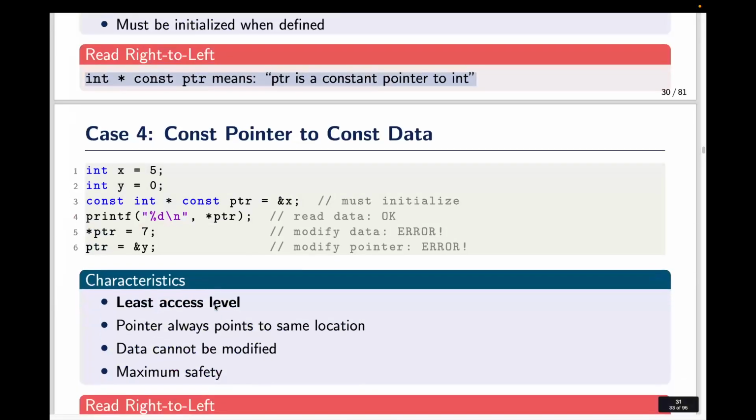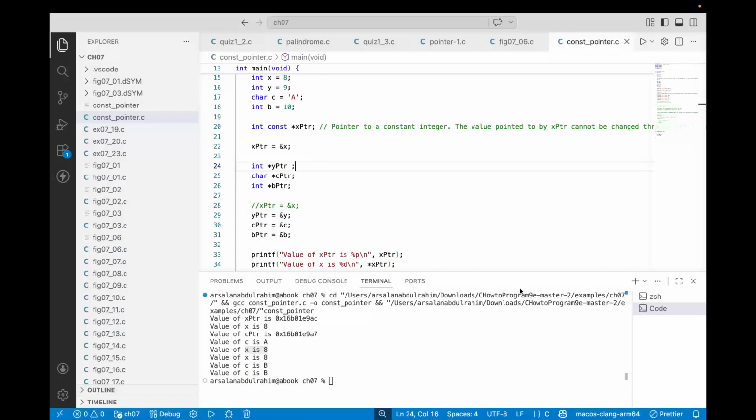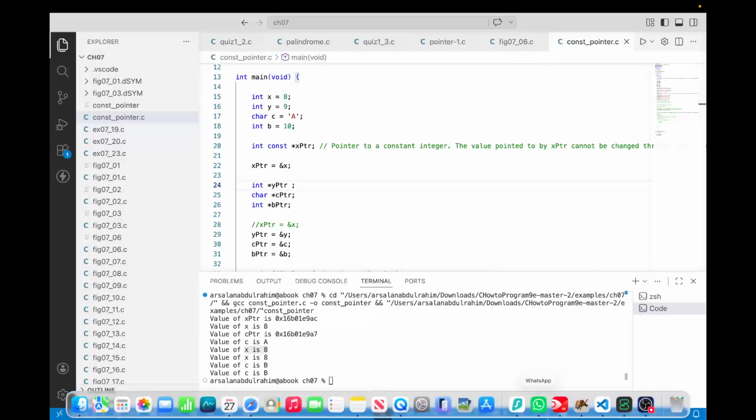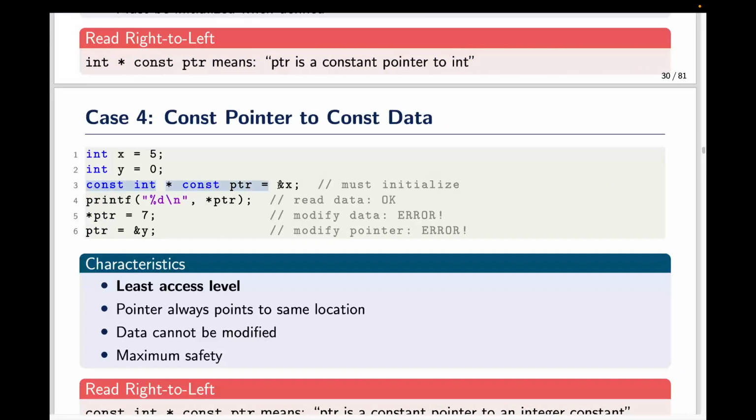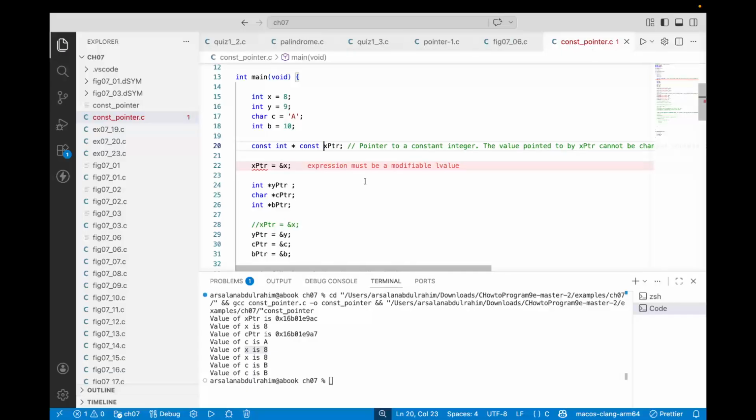Then the last case, which is something very important, is where you use the const pointer word. Let me just give you the example first. This is const int static const ptr equal to. So what is happening? You can't modify it. You can't change the pointer. This time this will be const int, and this will be static const xptr. Remember,